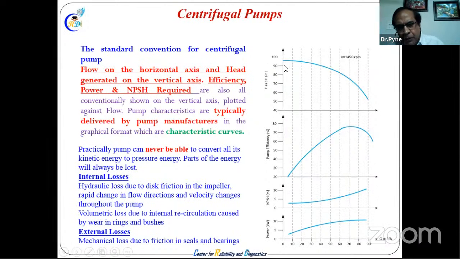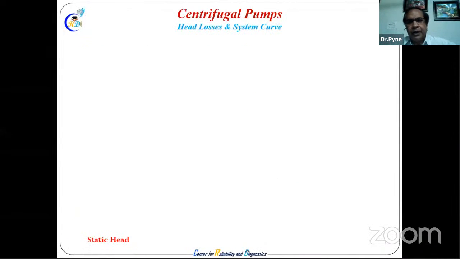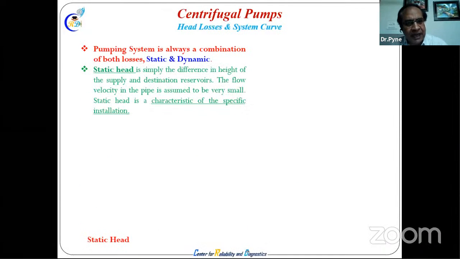Head and Q, and over time the centrifugal pump curve goes down, because with more flow, head will be less in a centrifugal pump. If you want more head, put a positive displacement pump, not this. Internal loss and external loss are there: in valves, in pipes, in bends, there is external loss. Internal loss is the internal friction of fluid in motion. So head loss and system curves look like this.